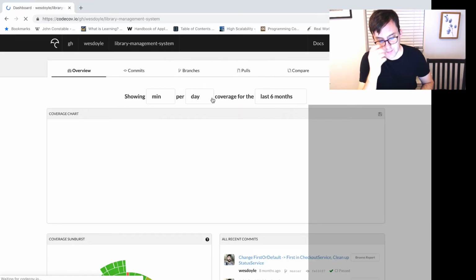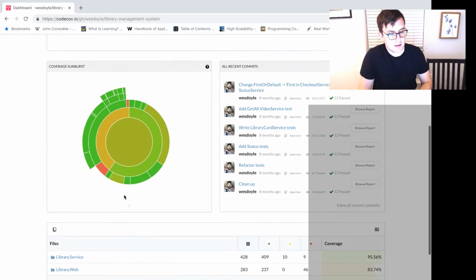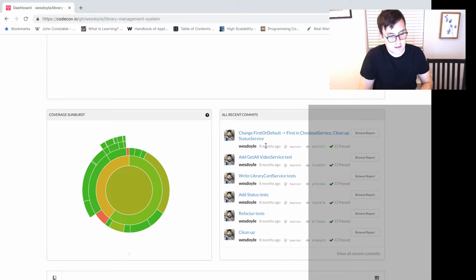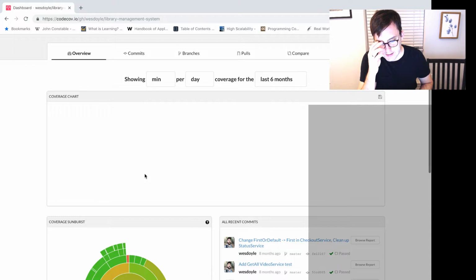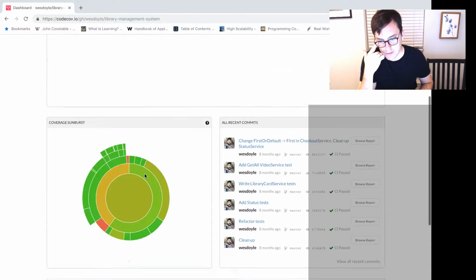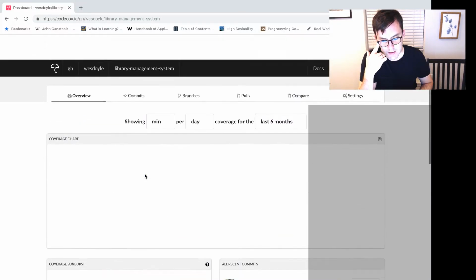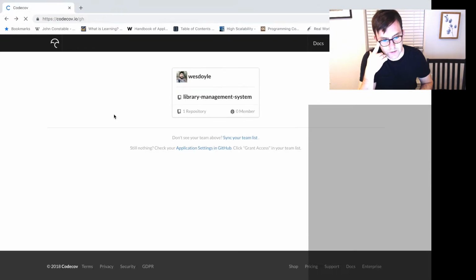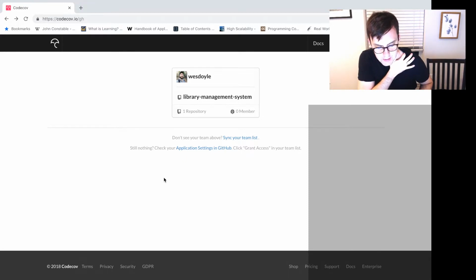And so for the library management system project, which it looks like the last time I worked on this particular project was like 8 months ago, I had set up code coverage using Codecov, and this was a .NET project, which was kind of cool that they have support for C#, but in this case, obviously the sentiment analysis project is 100% Python, so it should also be pretty straightforward to set up. So what we're going to do is, well,